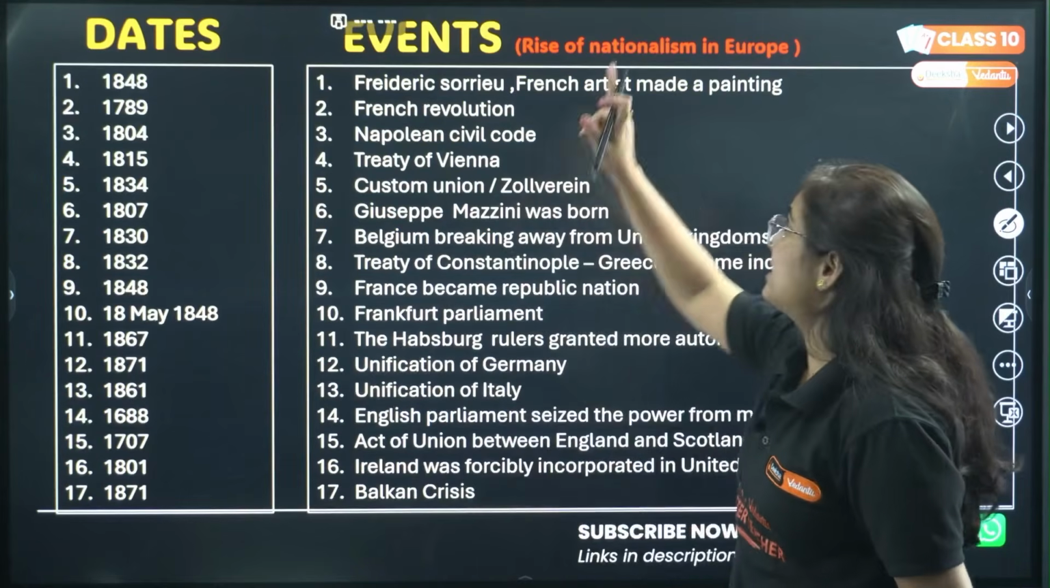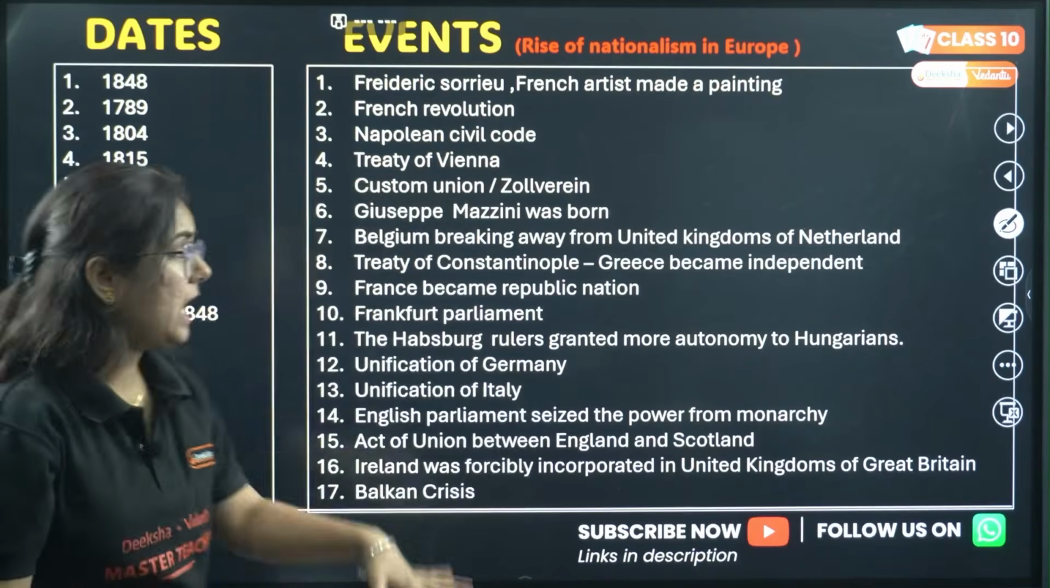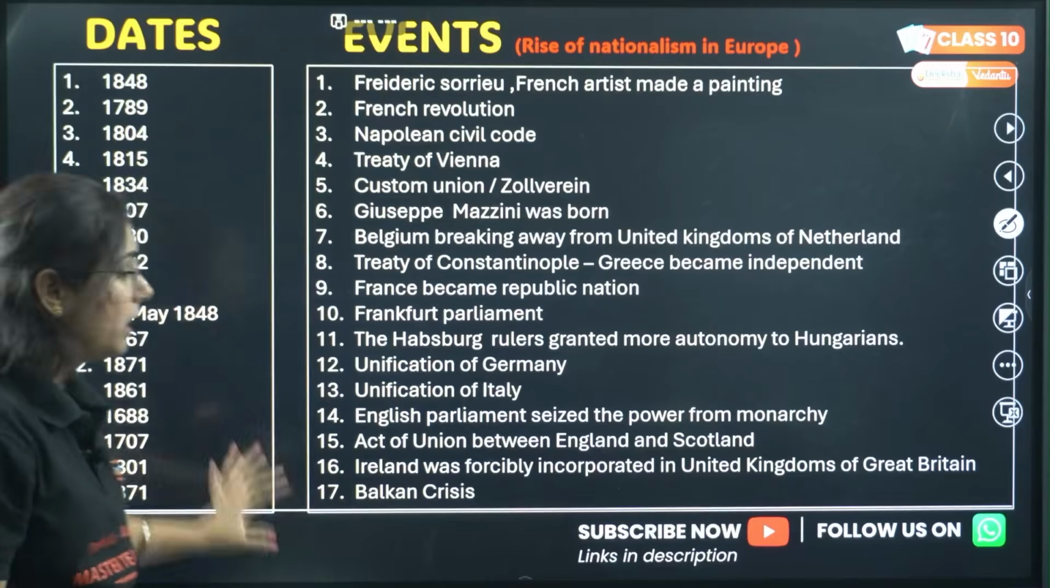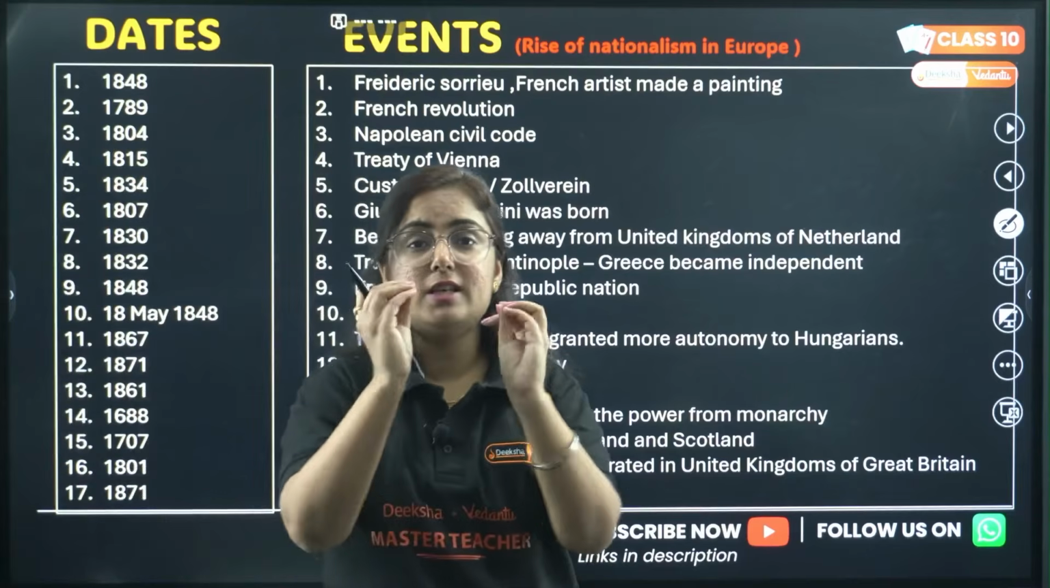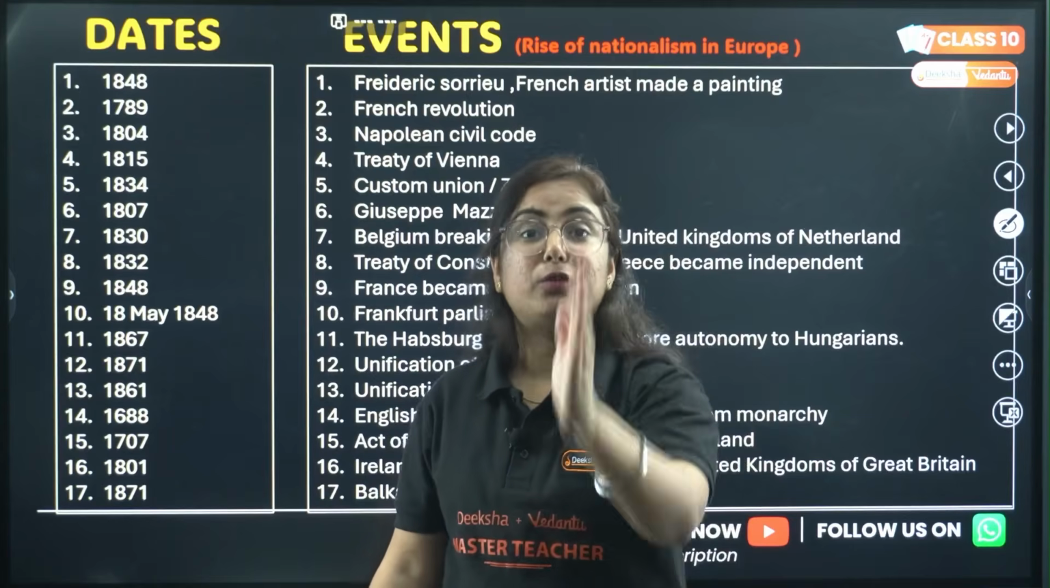So this is the chapter rise of nationalism in Europe, and we have a list of events that happened and the dates written over here. You can take a printout of this and paste it in front of your study table and revise it whenever